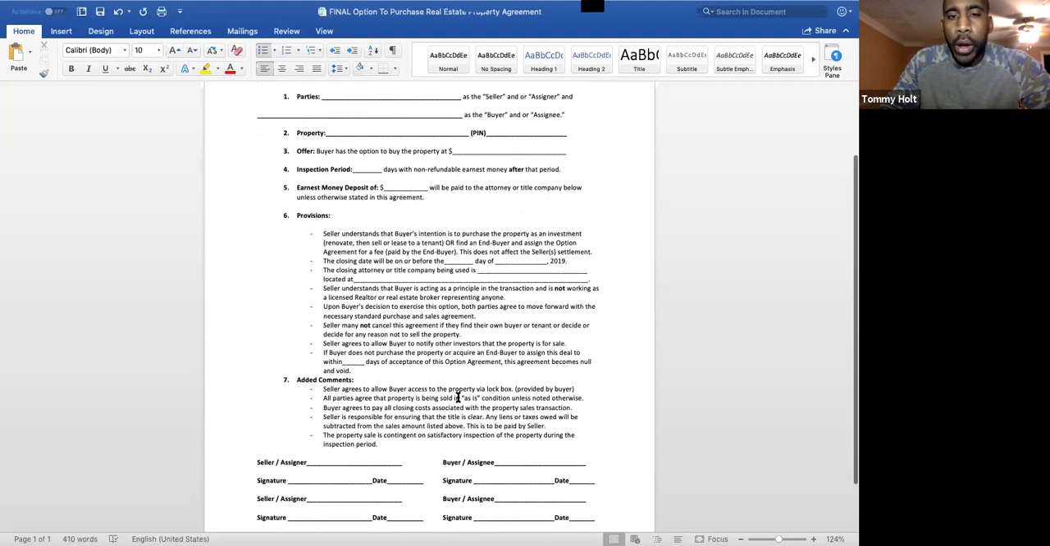Added comments. Seller agrees to allow buyer access to the property via lockbox. This, I can't tell you, man, this is super, super important, all right? So many times as wholesalers, we do not get access to the property, and it's a pain in the butt, because eventually you're going to have 5, 10, 20, 40, 100 buyers, right? And they're all going to want to come to see your property. Sometimes you'll be able to bring them all together. Sometimes you're not. Not only that, the person that does eventually want to give you your price is really going to want to get an architect or a surveyor or